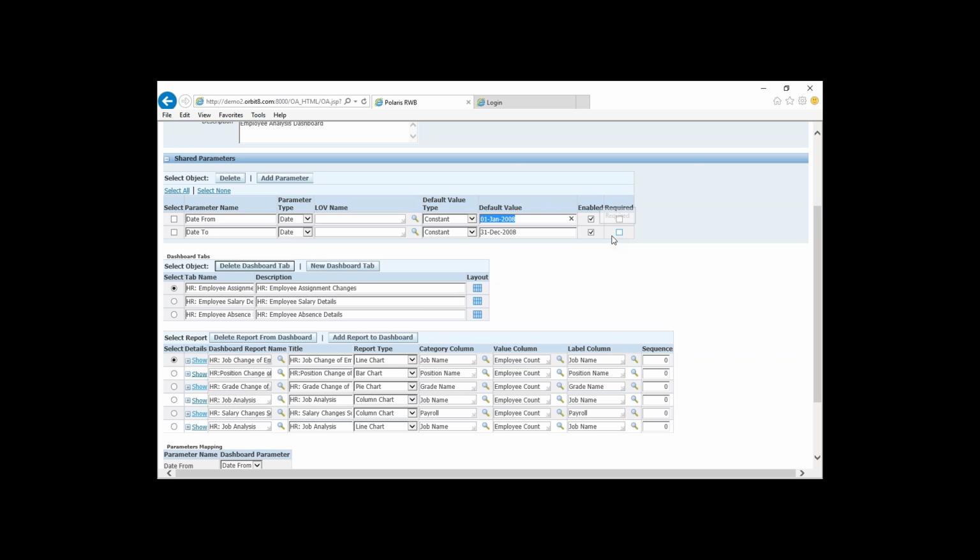The dashboard tabs, these are the 3 tabs that were set up. So we have the assignment changes, the salary details, and the absence details. And then when you click on this radial button here,